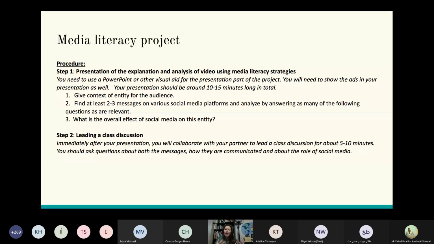And I've done this via Facebook when I've had just a Facebook class. I've also done this via discussion board. My university uses Canvas, and so I will have everybody post discussion comments. I'll have a thread for each group that presented, and then I would have them post feedback.